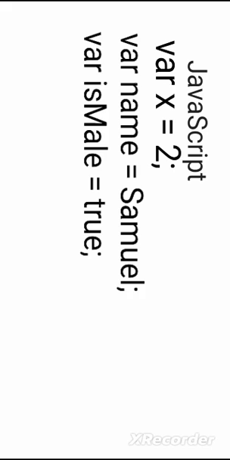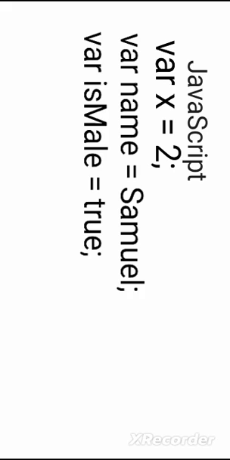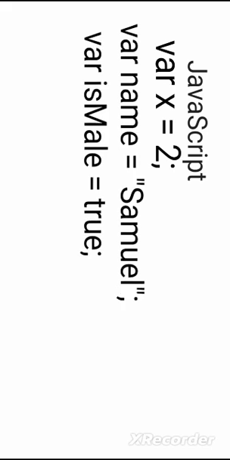A more professional definition is that a string is a series of characters, but that definition is not detailed enough. So this definition will help you. A string is a series or a sequence of characters written in between quotes. So a string can be anything, it can be a letter, a number, whatever, so long as it is written in between quotation marks, single or double, it is a string. So this ought to be a string. So all I have to do is to put a double or a single quote before and after. So now we have succeeded in creating 3 variables, and note that true here is not a variable, it's a data type, and it falls under the data type